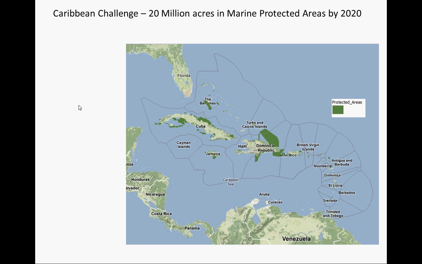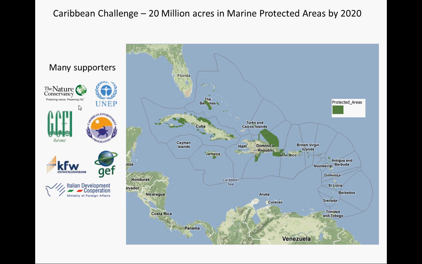So what problem are we solving? Conservation organizations are taking impressive actions to achieve ambitious desired results. For example, TNC is working with 8 different governments with support from many funders on the Caribbean Challenge, where one of the goals is getting 20 million acres into marine protected areas by the year 2020. We need to be able to report on how we're doing in achieving this result to many audiences, including managers,